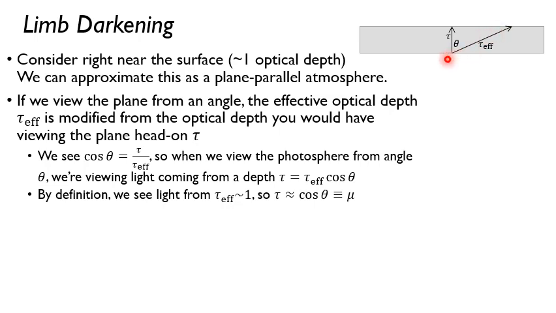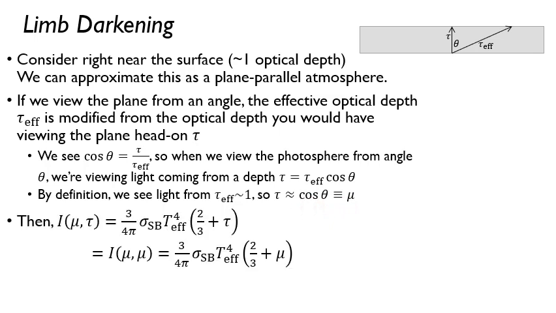So by definition, we're viewing effective optical depths around 1, so that means that our optical depth is something like cosine of theta for our plane parallel photosphere approximation. So tau is equal to mu. Remember, we use mu as shorthand for cosine of theta. Okay, so then in the book, there's a very nice derivation of the intensity as a function